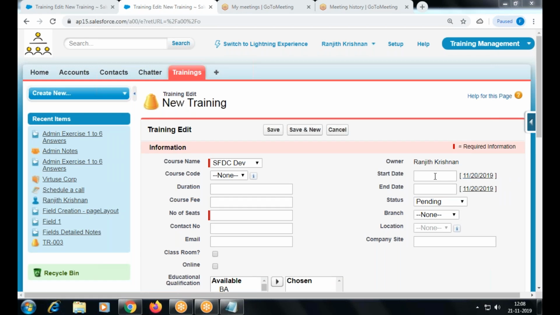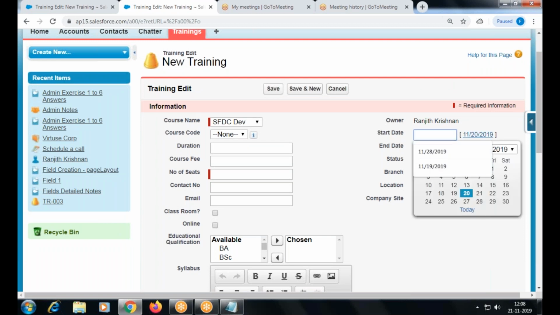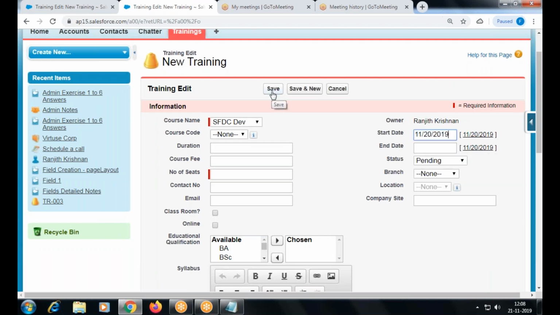Whenever I create a new record, I would like to set the default value of my start date to be current date. Every time you create a record and open it, start date is going to be the current date. Okay, right? How to set this?